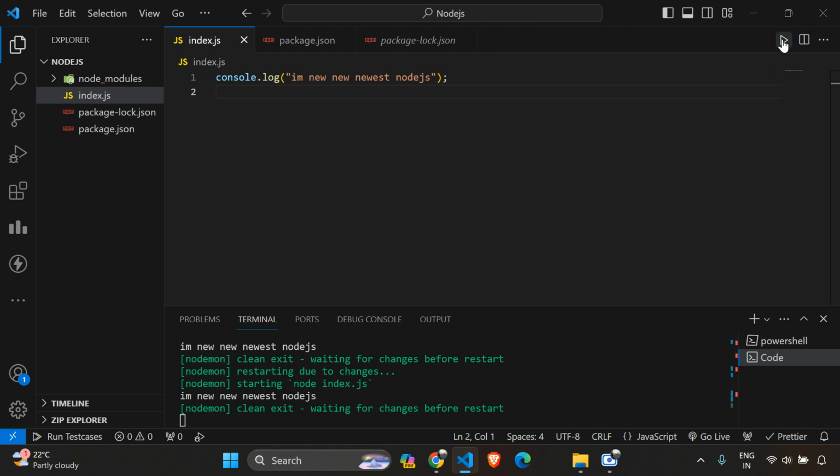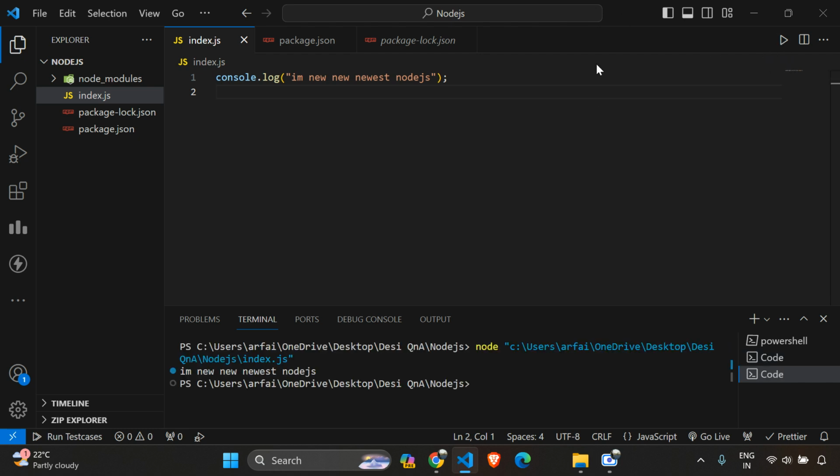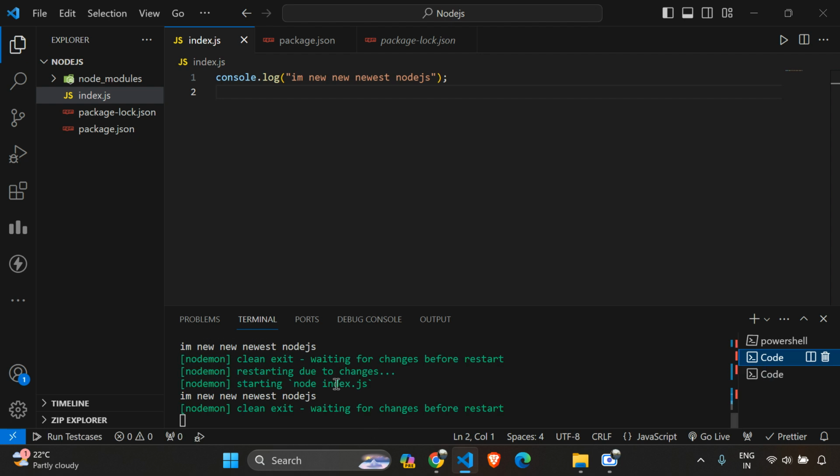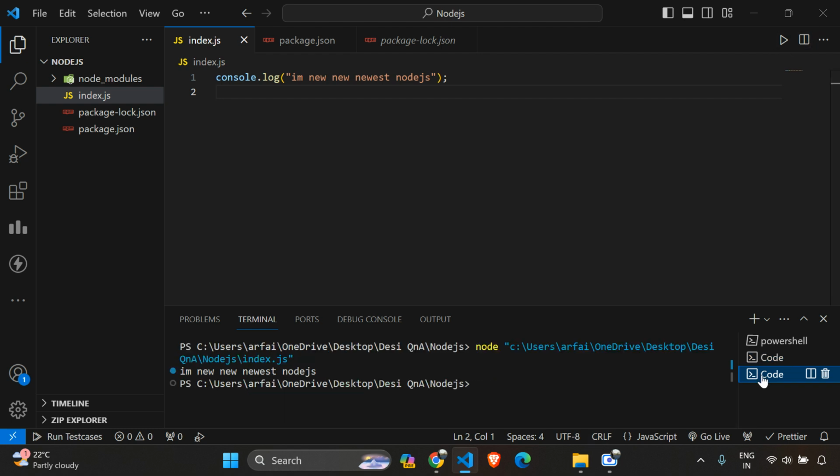Again, if I run it from here, here we have our nodemon server. But if I click on run, a new command will be executed, and it will come out of that particular terminal. That's the reason we usually don't prefer using this code runner over here. And again, you can modify these versions also over here.